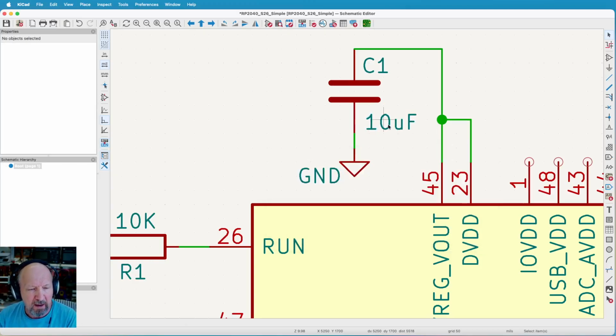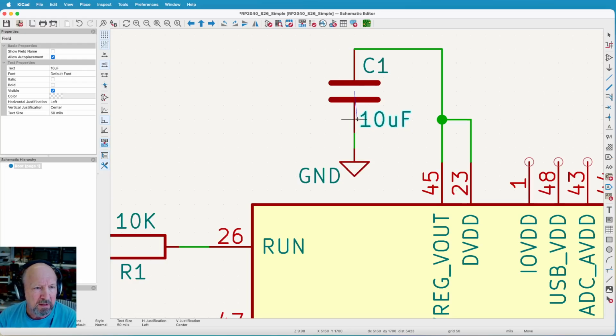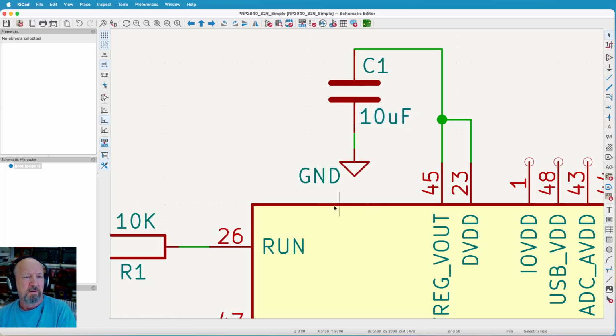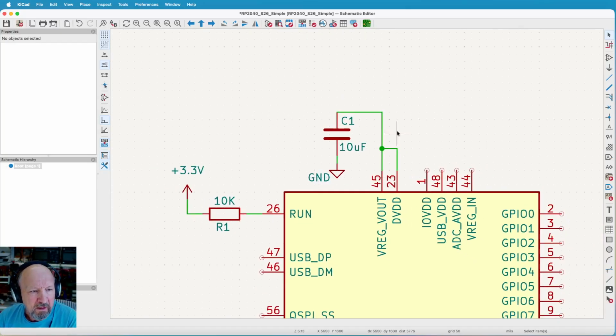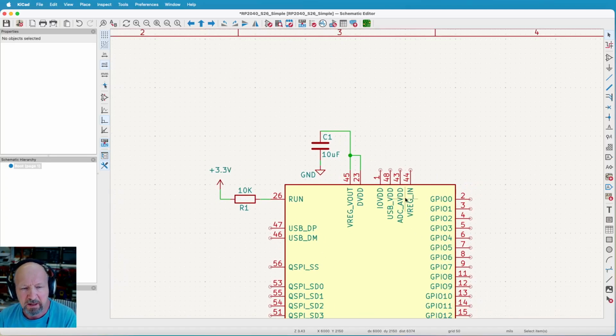Okay, so now I can even move it a little bit closer here because I know it's going to be like that. So, this part is all required for you to do it exactly this way. This is not optional at this point. The other thing we have is where the power comes into other parts of the processor